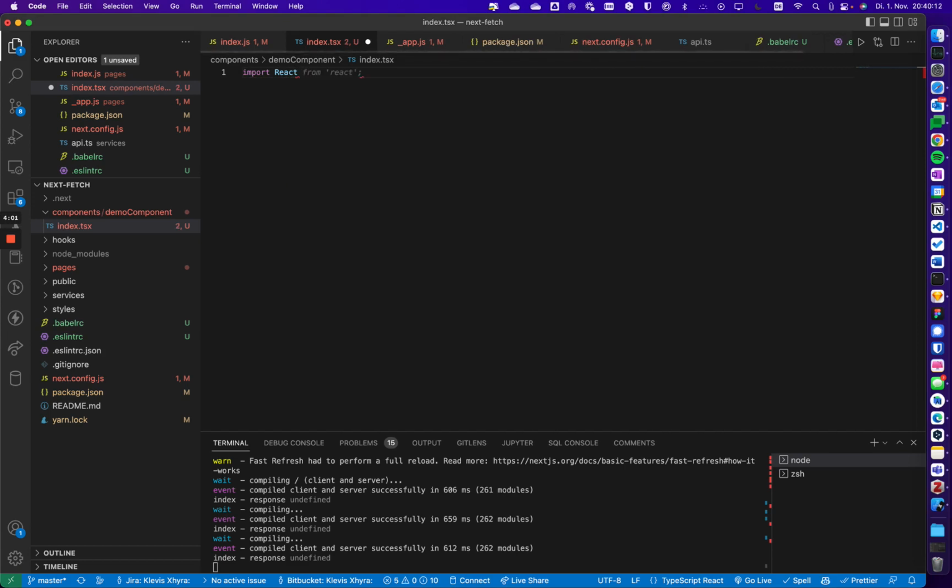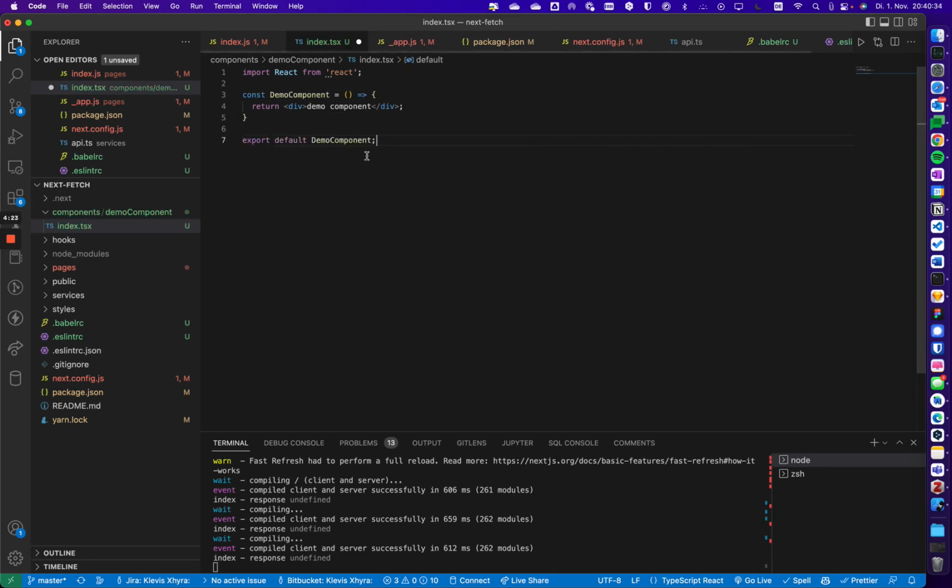I'll import React first from React, and I want to use Copilot here to make the video faster, and beside that I don't want anything else, so I'll just create the demo component here as it is, and then I'll return a simple div saying that this is my demo component, and I want to export